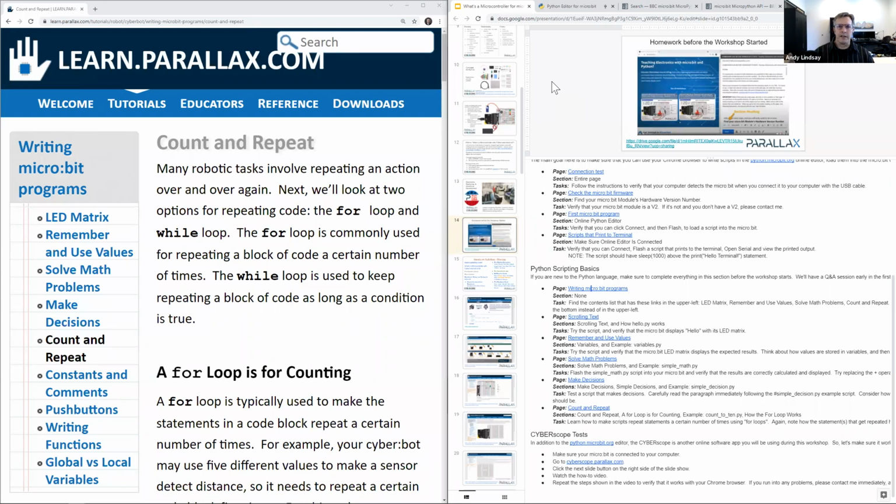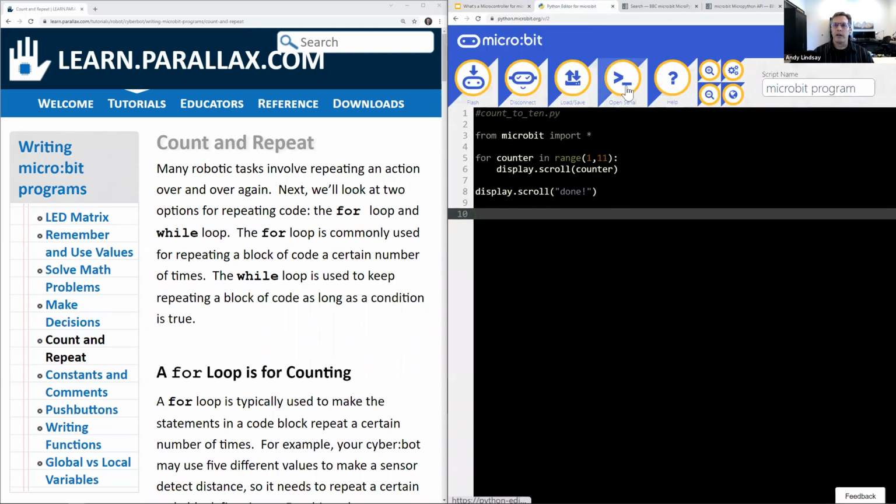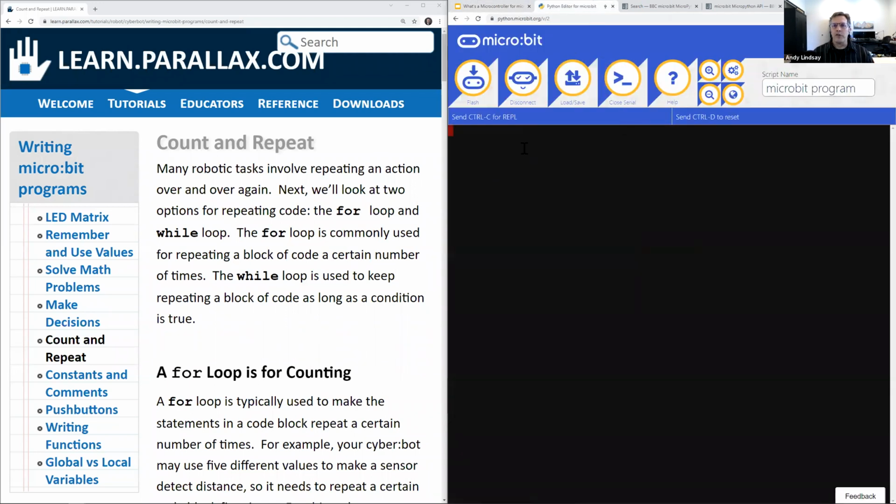So the data is transmitted and received serially or in sequence. And so when we say open serial here, we're opening a terminal that displays data that was received serially from the microbit, and that you can send serially to the microbit if you click this and type it in, assuming that your microbit has some code in its script that handles it. I will take it that we understand,